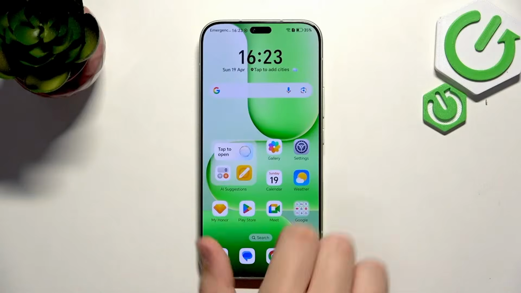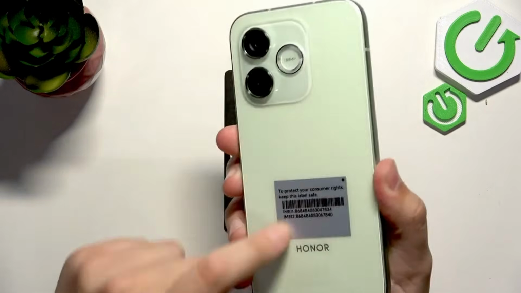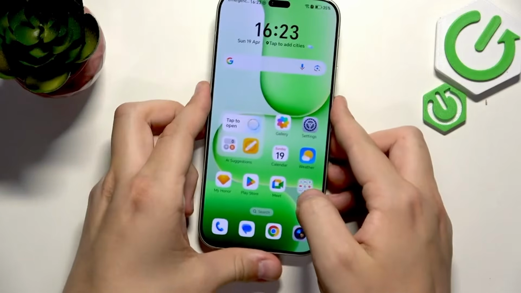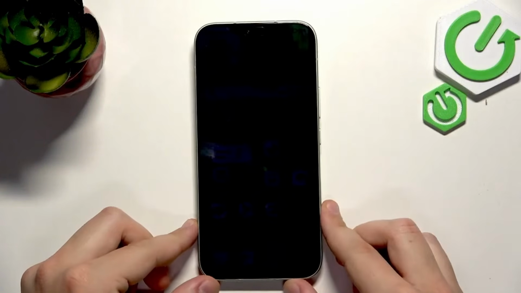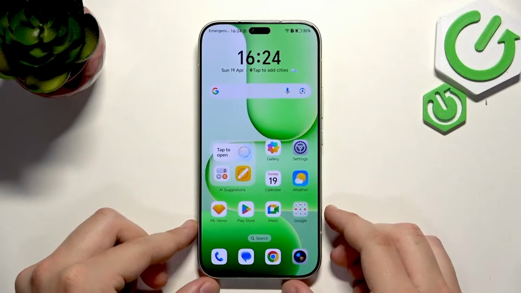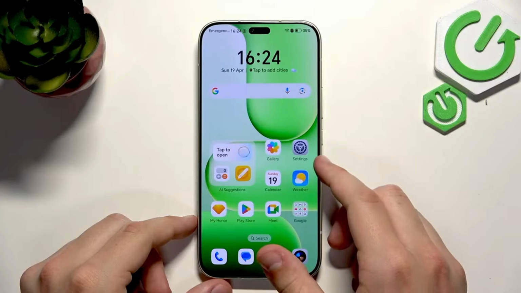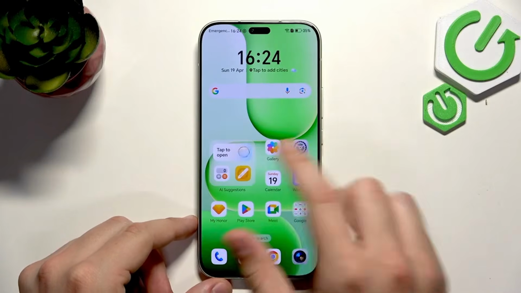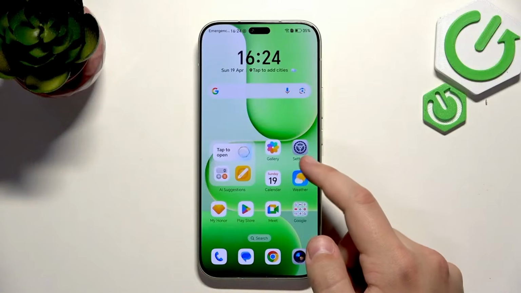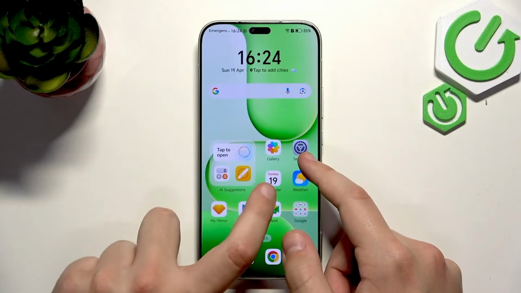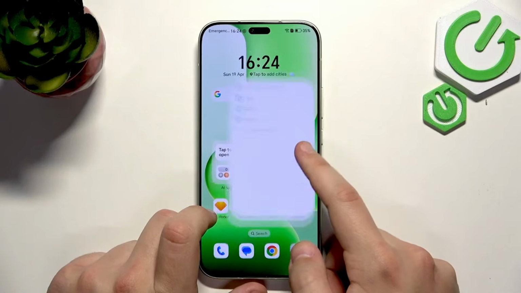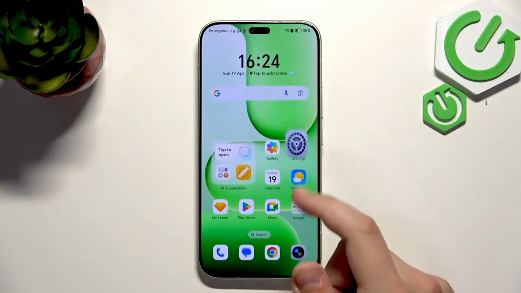Now for the case, I do not have one. As you guys can see, my phone is pretty good right here. But if you got a case, then make sure that the case is not going onto the screen. What I mean by that is we got the bezels, the dark part between the screen and the side of the phone. If the case is going over them and it's touching the screen, then it looks like this. You either won't be able to use it or it will simply just start spamming,